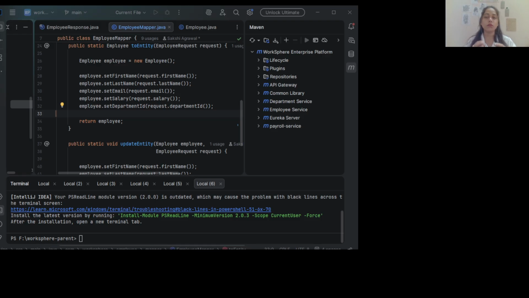One important concept of records is that they are immutable. You cannot manipulate or change the data which is coming from the APIs, or which we are responding back to the API, once the DTO data has been created. So does the record have a setter? No. Does the record have a getter? No. We can call it by using the field name directly. That means records are designed to be immutable.